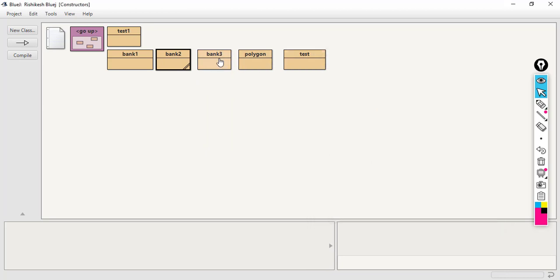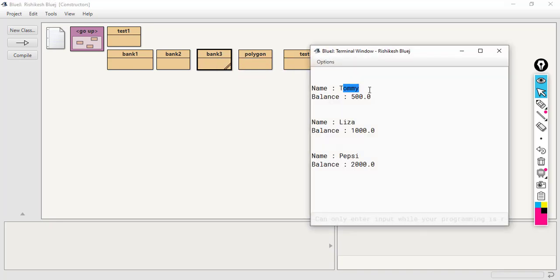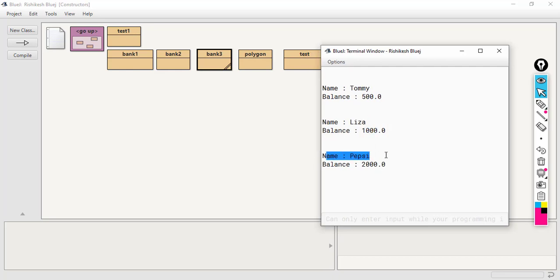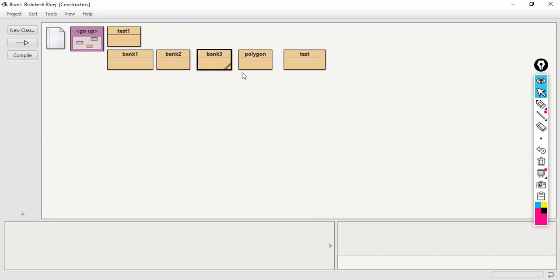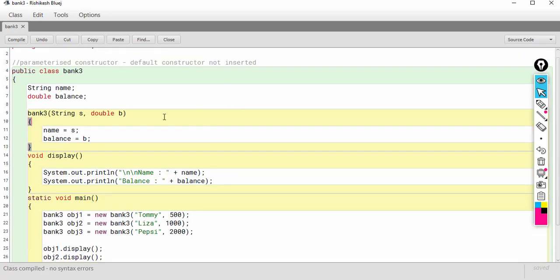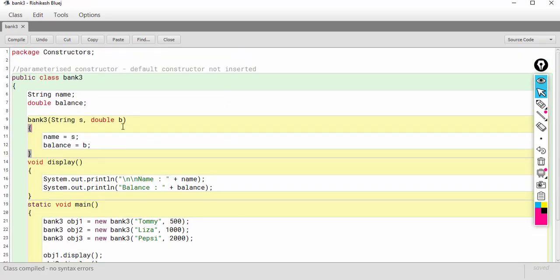But this time you can see that the first object is Tommy, balance is 500. Next object name is Lisa and the balance is 1000, and obj3's name is Pepsi and the balance is 2000. Okay. So having a parameterized constructor is very useful.